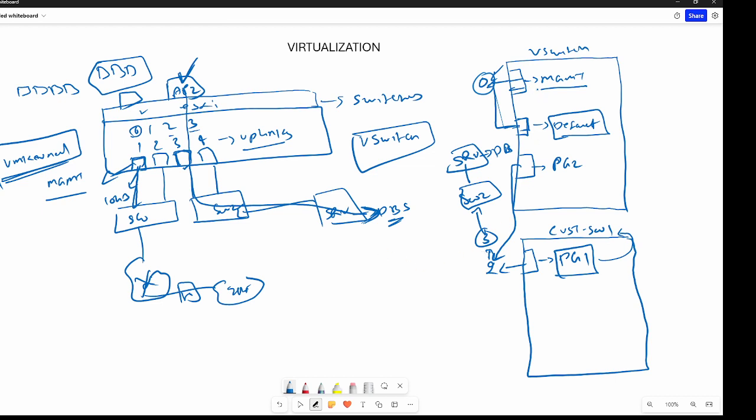By default, a port group means that as you keep adding machines to that particular port group, there will be more ports coming up over there. I will show you that also. By default, see, management is to get access to the ESXi. So you're accessing the server on the management, which will get a layer 3 IP address. Using that IP address, you're going to access the ESXi software on the web browser.